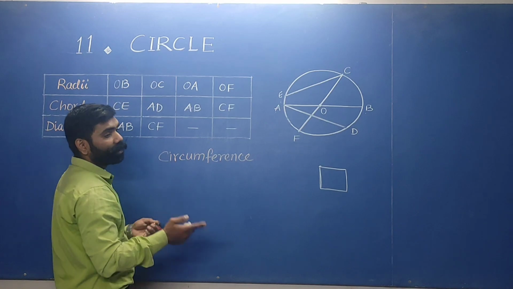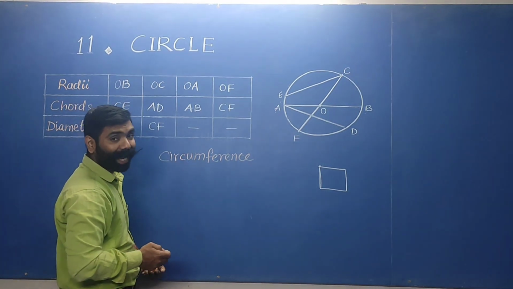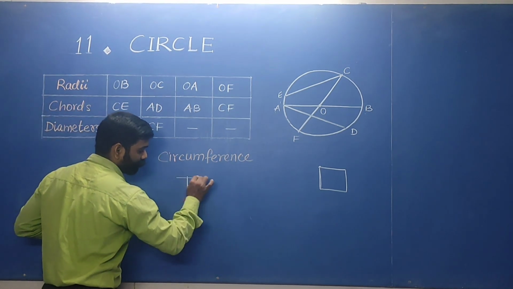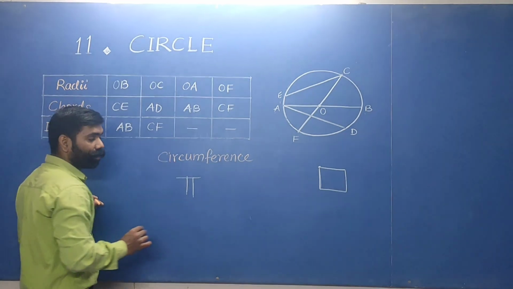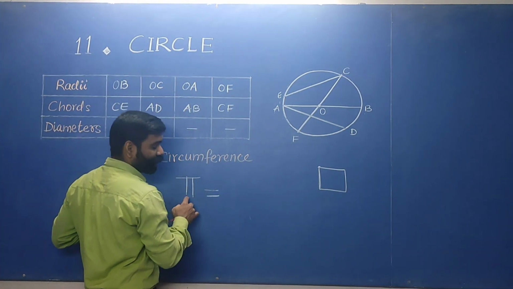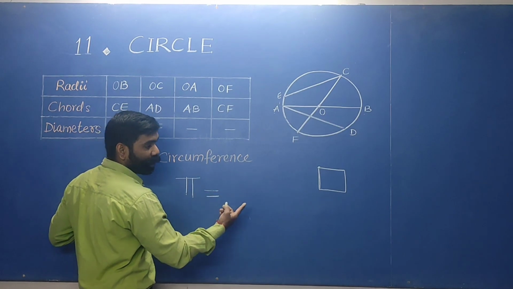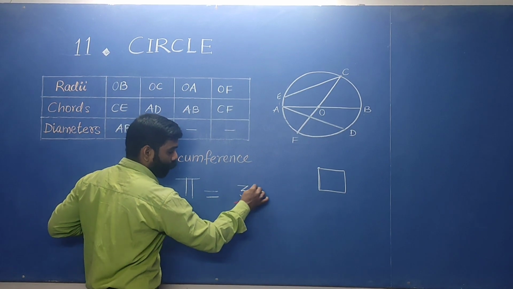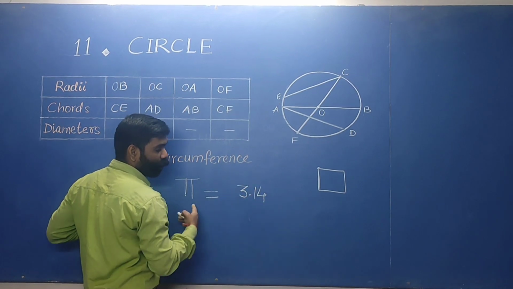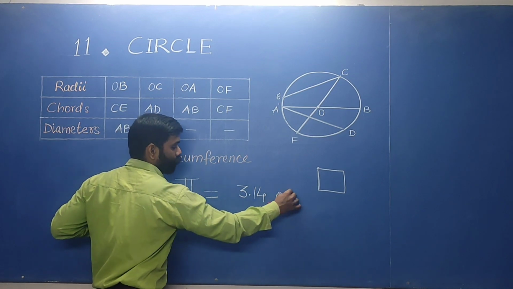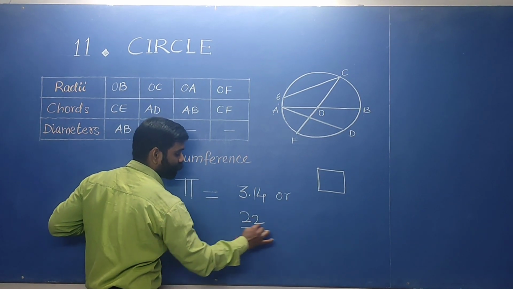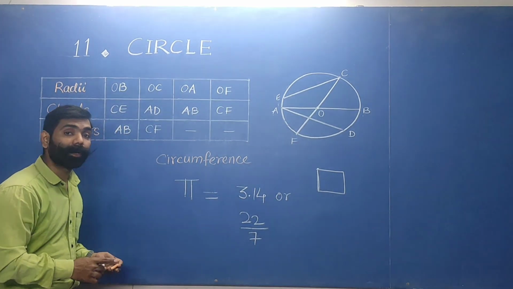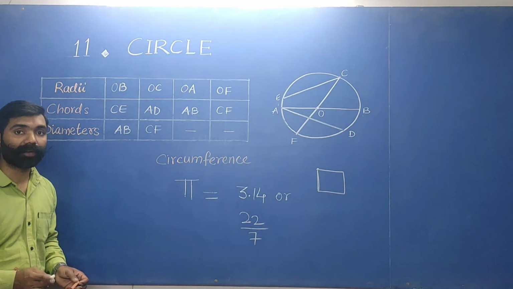So what is the relation between circumference and diameter? We have to find the value of pi. What is pi? Mathematicians have done hard work to get the value of pi. It is more than 3 and remains constant, that is 3.14. This is the value of pi. Or else you may take it as 22 upon 7. This is not a rational number, students. Keep in mind, this number is not a rational number. Scientists have really worked hard for it.